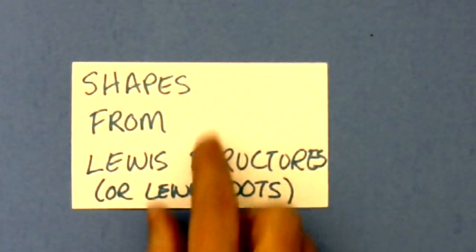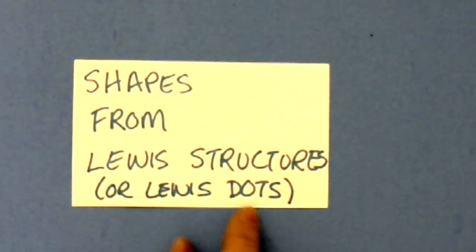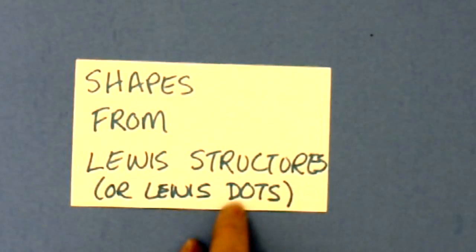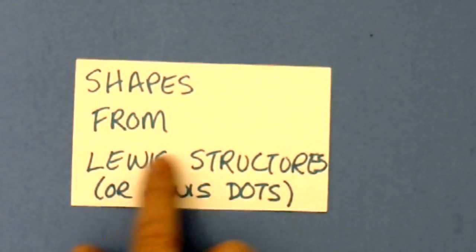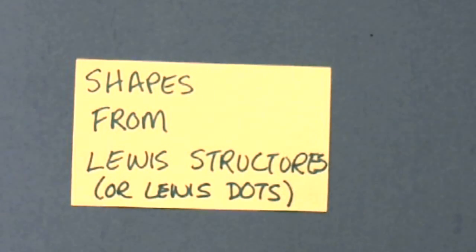Today's lesson is on how to determine shapes of molecules from Lewis structures or Lewis dots. We're going to actually use the Lewis structures for today's video, but you can also do the same thing with Lewis dots. So we already did this in class, but instead of determining them from the Lewis structures, we determined them using the model kits. But you're not always going to have your model kit in your back pocket. So you need to have a way to determine the shapes from something else, and in this case from the